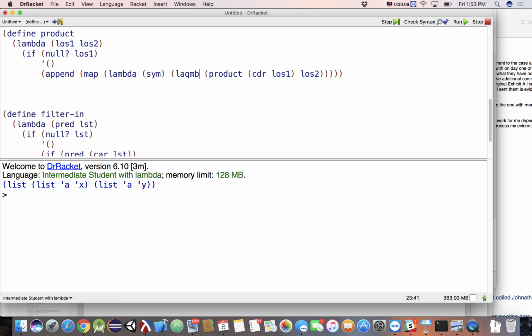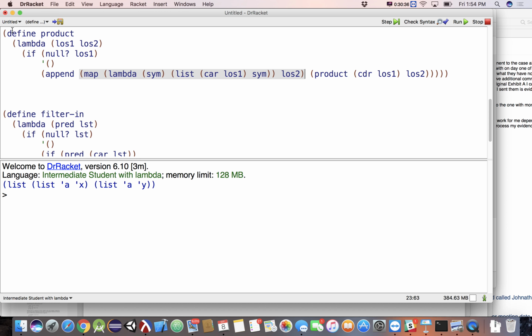This would have created a list out of the car of LOS1, which is equivalent to our S above, and our sim. So she's mapping that lambda onto every element of LOS2, and then she's appending that.